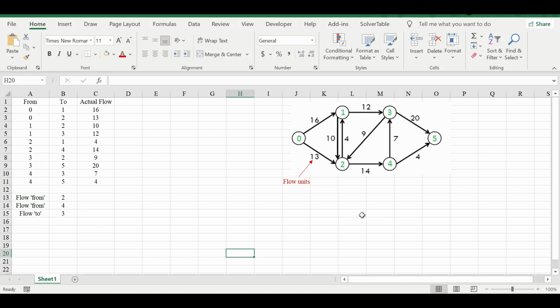When we solve the shortest path and max flow problems, the nature of the spreadsheet model will not be the standard format of LP that we have discussed so far. We can do that also, but if we do, it will look very messy and will not be handy.